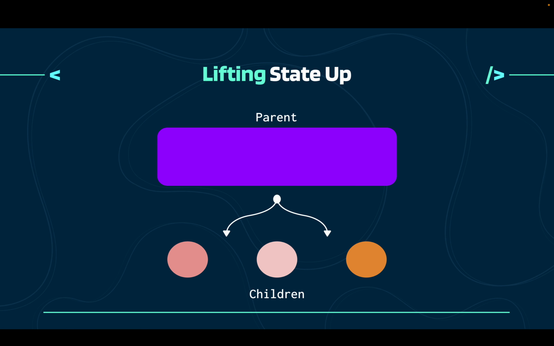Sometimes, multiple components need access to the same data. In this case, we use a technique called lifting state up. This is where we place the shared state in the closest common ancestor and pass it down as props to other components. This approach is common in software engineering because it creates a single source of truth, helping prevent data inconsistencies and keeping the code maintainable. It's a critical technique to ensure data stays organized as the application scales.